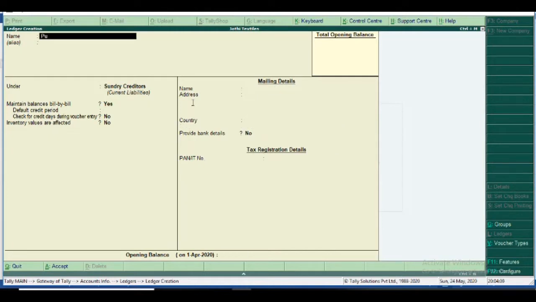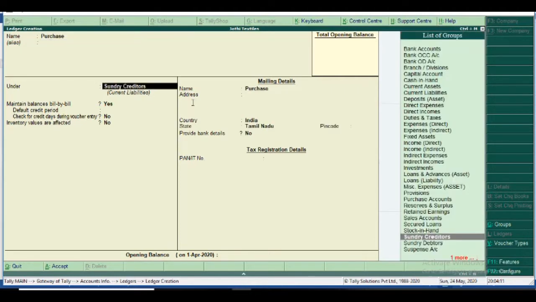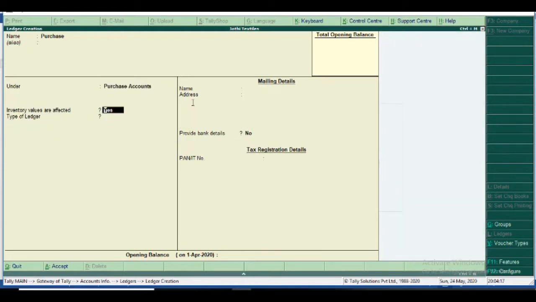Then purchase, under group purchase account, inventory values are affected. Yes, from this day we are counting stock also, so the inventory values are affected. Yes, and also we enter not only the amount value but the inventory values in the voucher entry pane. So okay, we use purchase and sales invoice mode.